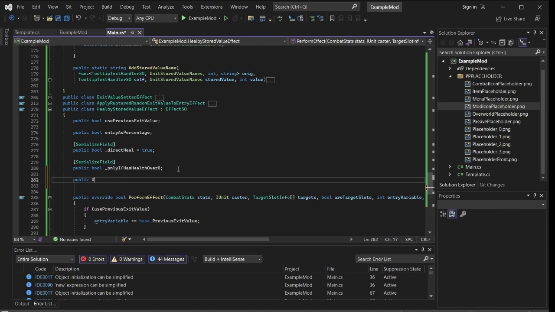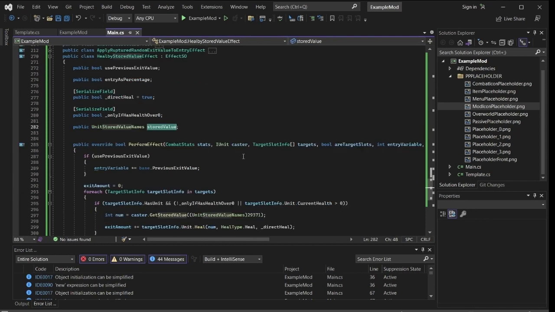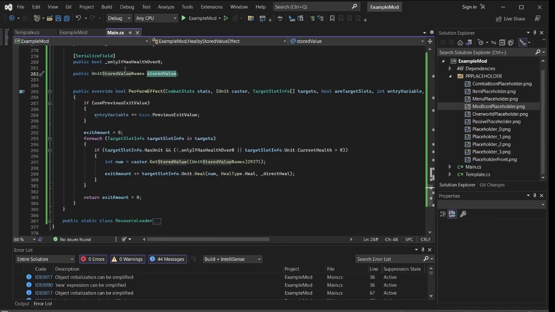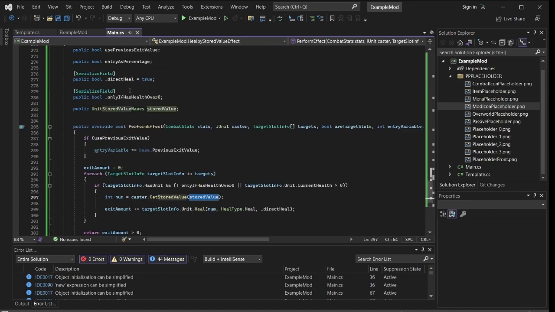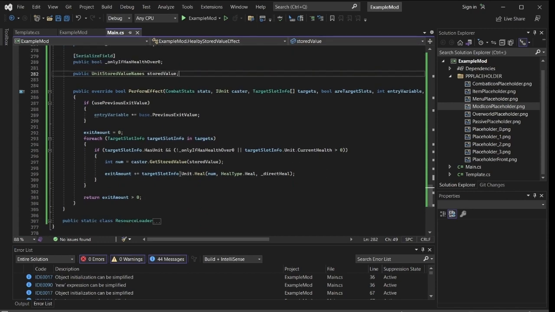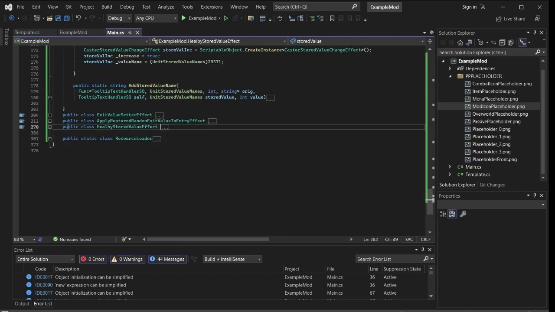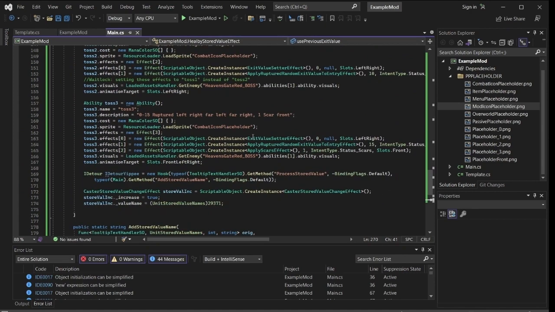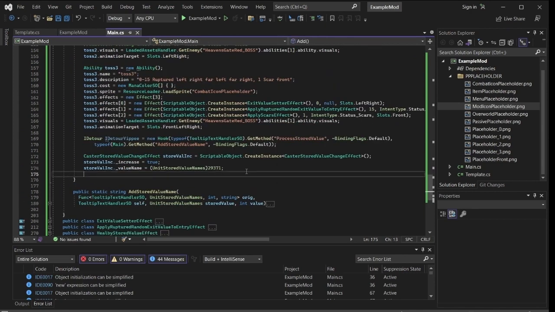public unit stored value names, and then we can name it stored value, and then we can set stored value here. So it gets the stored value that you're going to give it, and then uses that. So from here we can get this, and here we can write